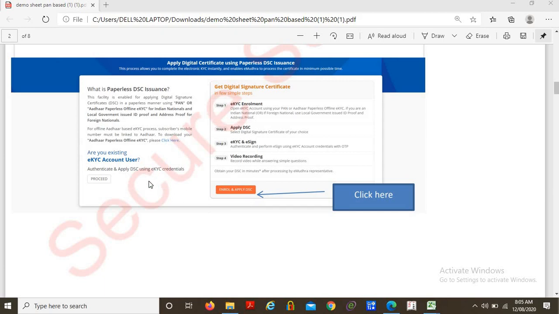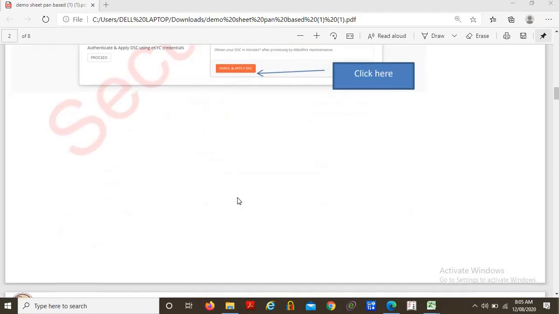If the applicant already has an eKYC username and password, then in that particular case I need to click on proceed and proceed further. Otherwise, if the customer has no existing eKYC account, we need to click on enroll and apply DSC.